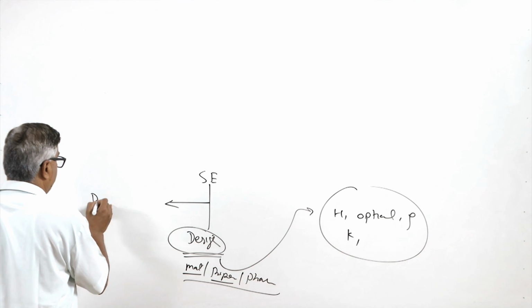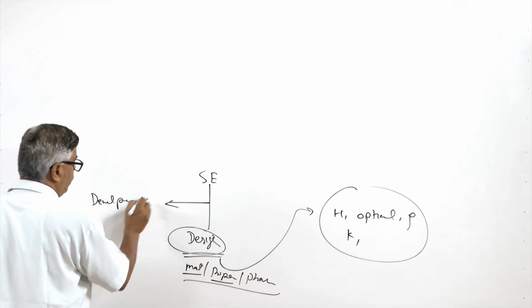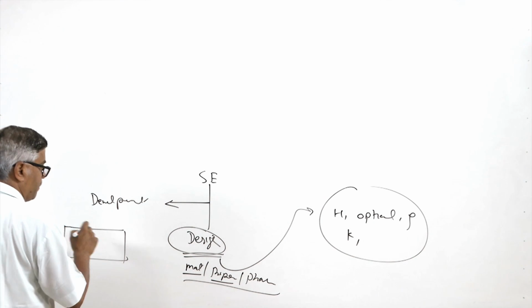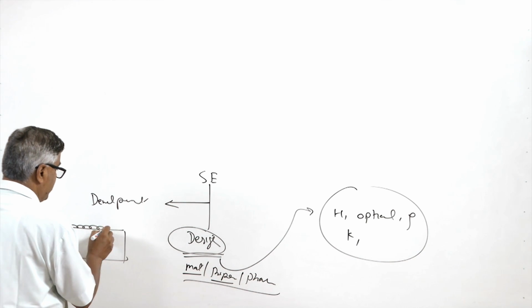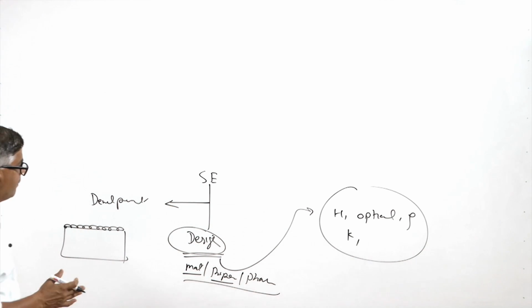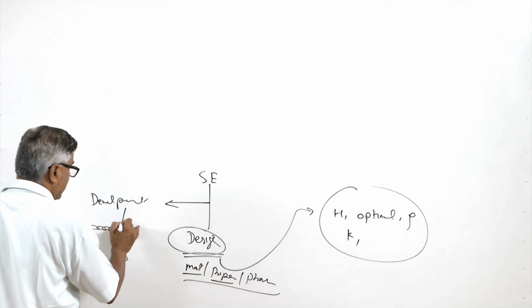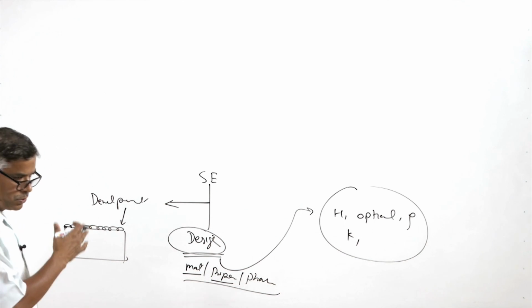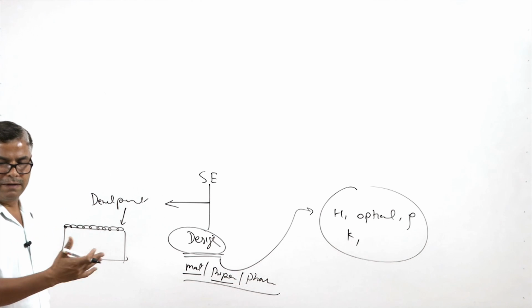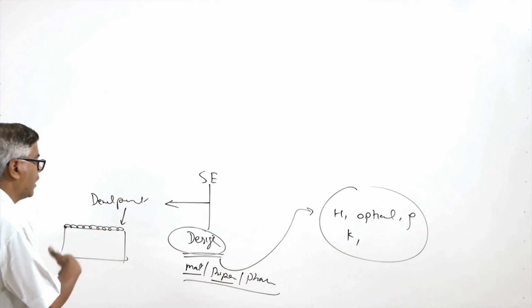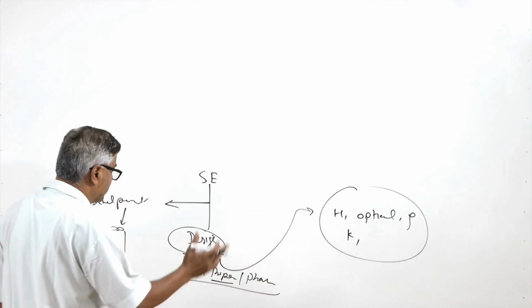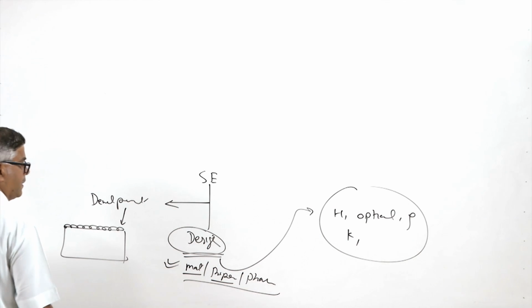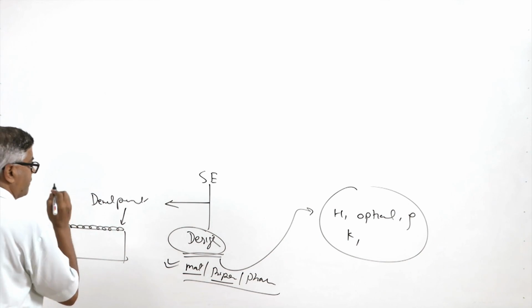The second one is development. As per the design, from the design we have identified that material A is to be applied using process B, so let's apply that material A using process B. This is the development phase: development of the modified surfaces, whether through laser hardening, flame hardening, burnishing, carburizing or ion implantation, any method we take. As per the purpose, we select a suitable material and a suitable process so that the surface is modified.